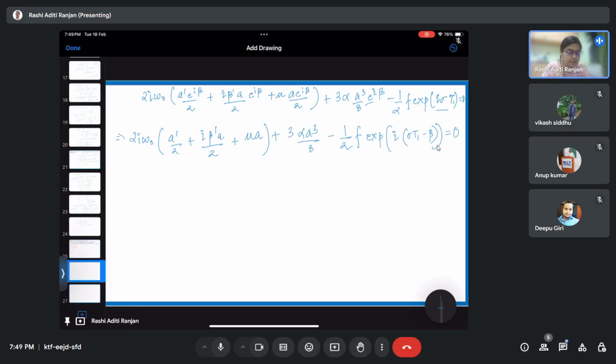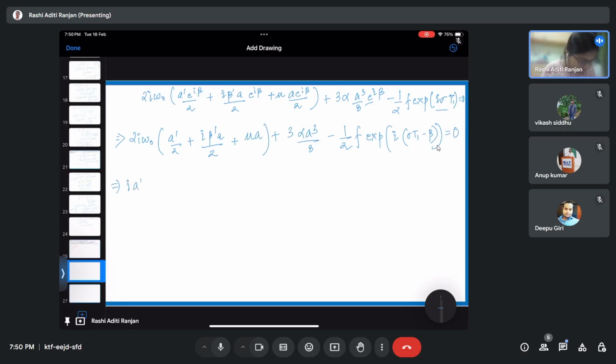This means that I can equate the coefficients of the real terms and the imaginary terms to 0. Second, what I can see is that I have exp of iota into something, so I can convert it into the form cos theta plus iota sine theta, right? So first let us convert into cos theta plus iota sine theta, and we'll also take I inside. So we'll get